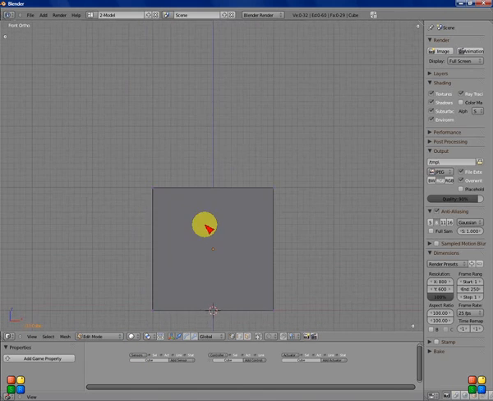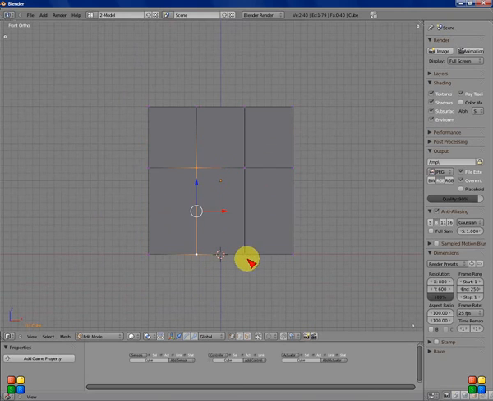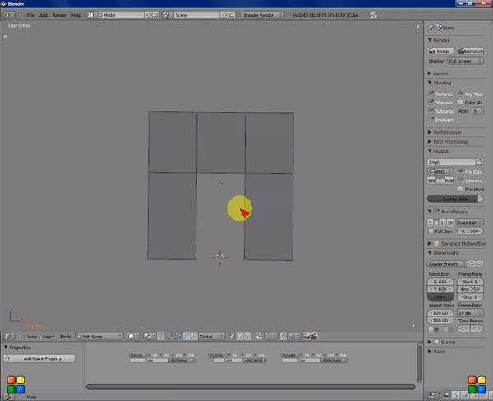Now in front view we just have a plane, so I'm going to Control R. I want 3 loop cuts here. You know what, I could go with 2 even, and I'm going to Control R here and 2 loop cuts. Actually I only need 1 loop cut here. Okay, so I'm going to move this up like that, and there's our door. We can delete this face,